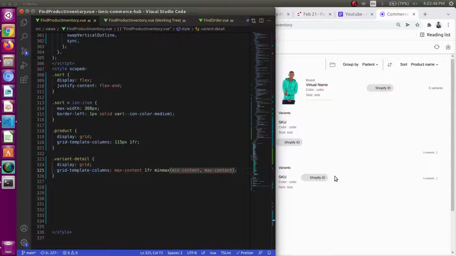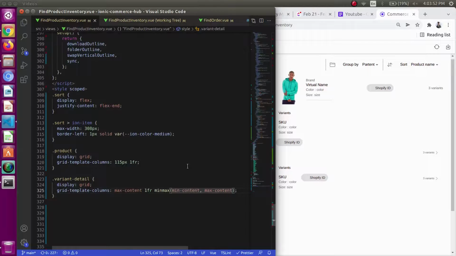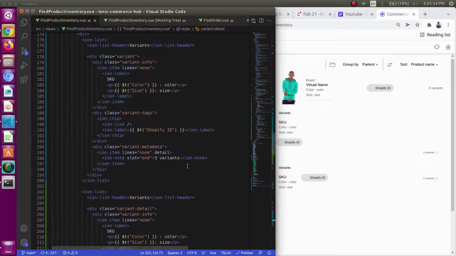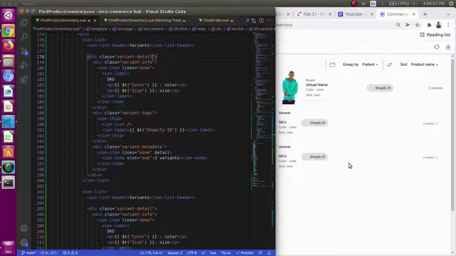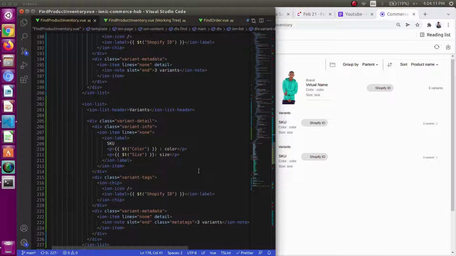The main motto of this video was to create a find screen using the same find screen template that we have created in the previous video. So I will be styling it on a temporary basis.